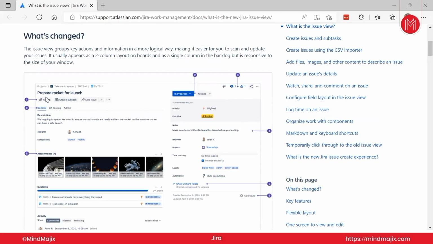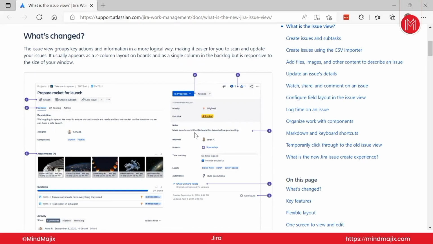Prepare and launch, but the Epic was Rocket. So maybe Rocket was something which was created way back, and inside that rocket there have been a few user stories. One of them was prepare a rocket launch, second was prepare a land for the rocket launch. So all these things can be user stories, but the epic, or the larger user story, was the rocket. So rocket launch was the user story, whereas rocket is a big task, which is a big epic. Coming back to making the notes, you can see the fourth point is the notes,